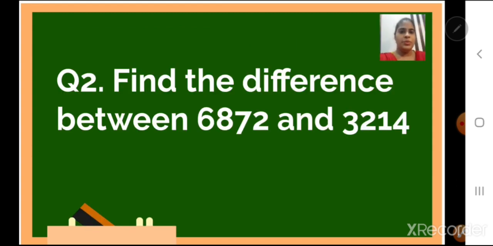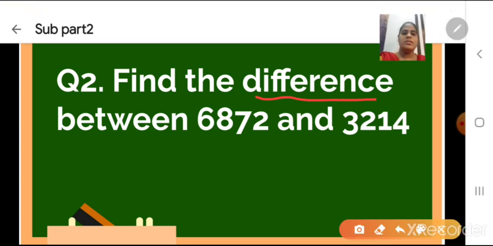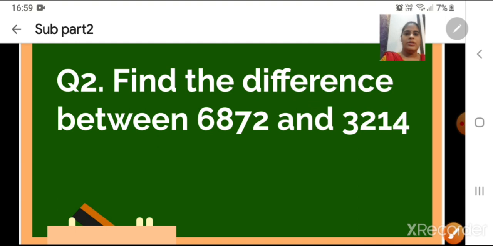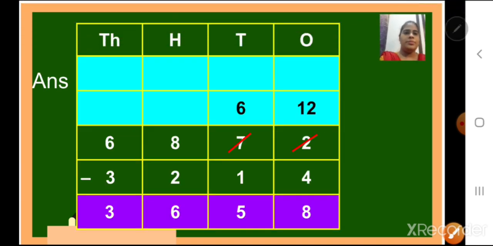Question number 2. Find the difference between 6,872 and 3,214. Now here they have given the question directly, we have to find the difference. The word difference means minus. Okay, so write down the question in a proper box, in the proper place, and then we are